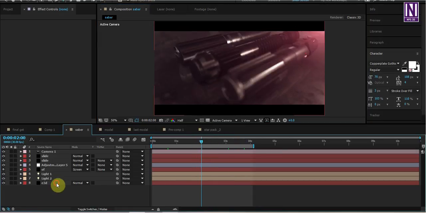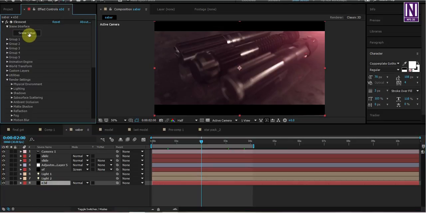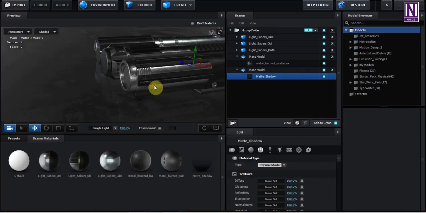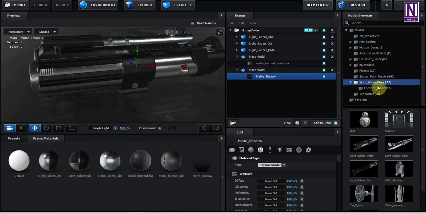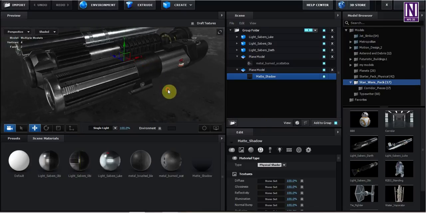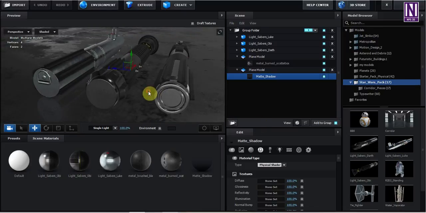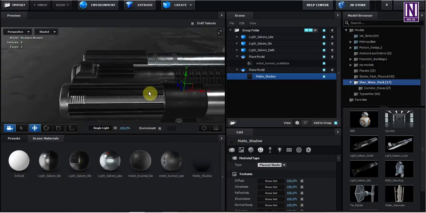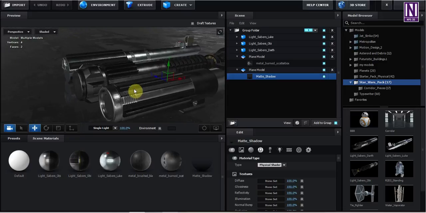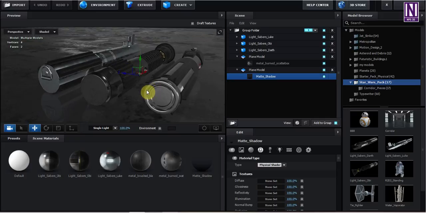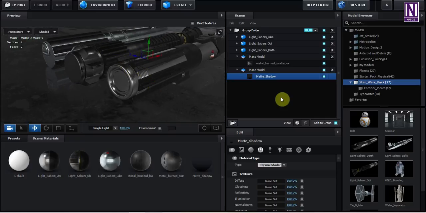First of all, create a new solid, apply the Element 3D layer, go to Element 3D scene setup and use the Star Pack lightsaber 1, 2, 3 and scale down to match the 3 sabers together. And here is a trick for the reflection.